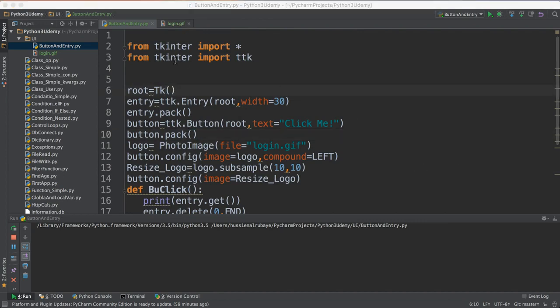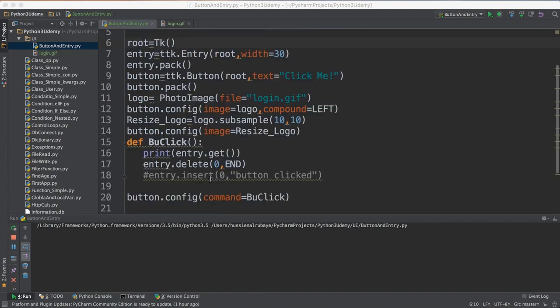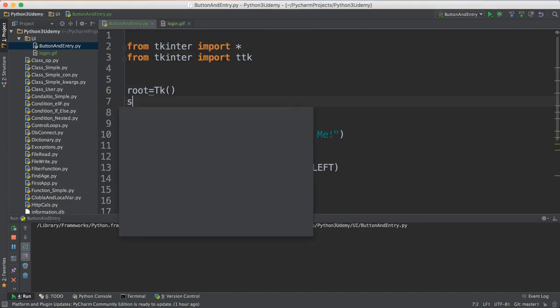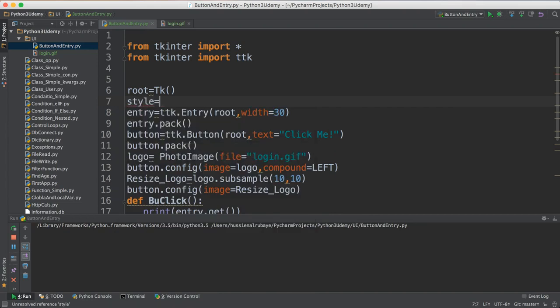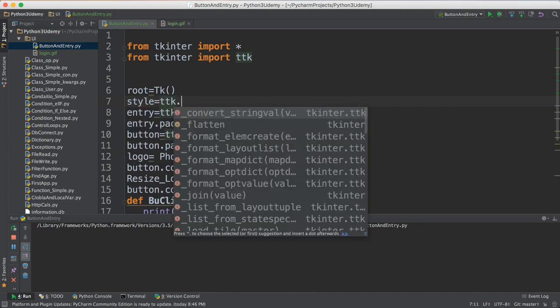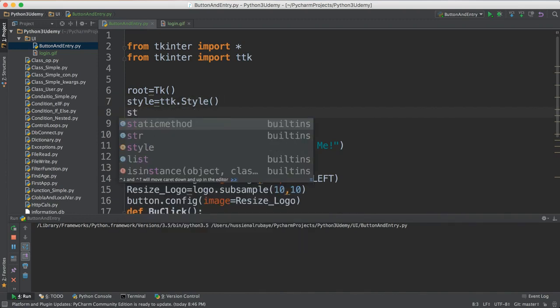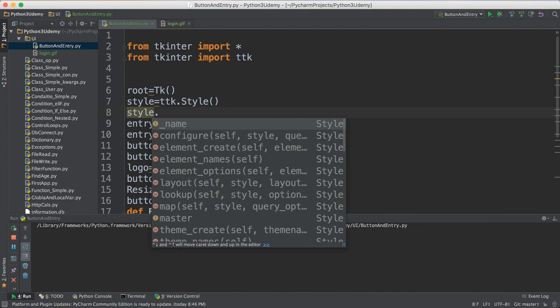To use style, first of all, we need to define a variable to use for style. So the variable that we use for the style, name it ttk style. What I will do, after defining the root, is define something and name it style. I will name it ttk.Style. I want to use the style, and you could define different styles here. So going down, I say, hey, style.configure,